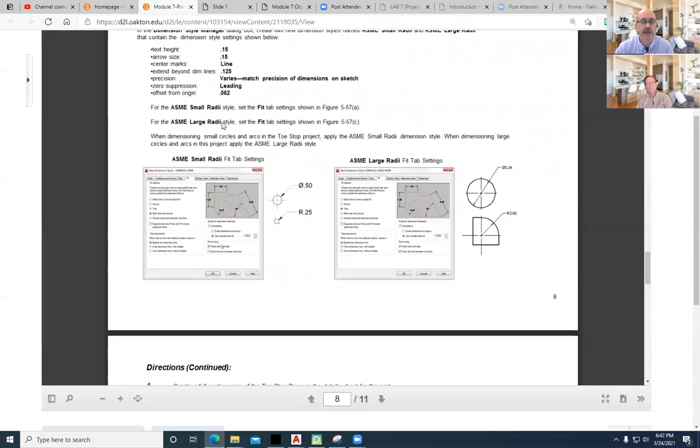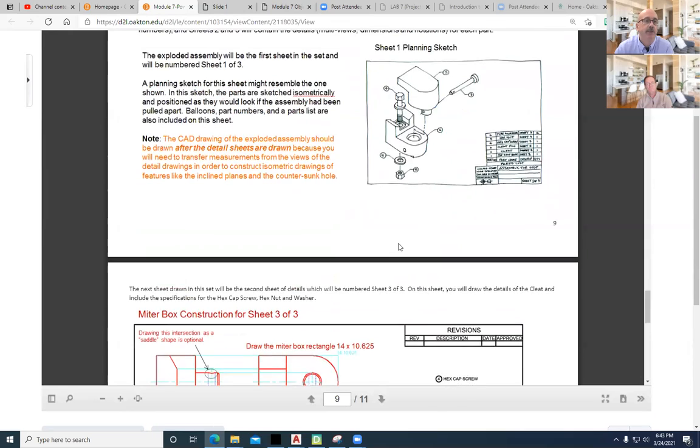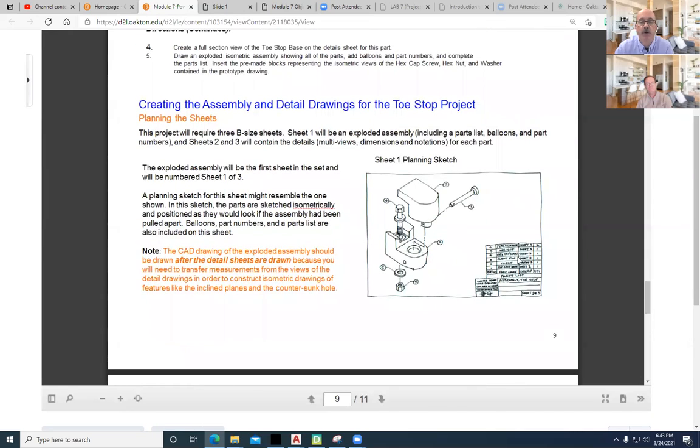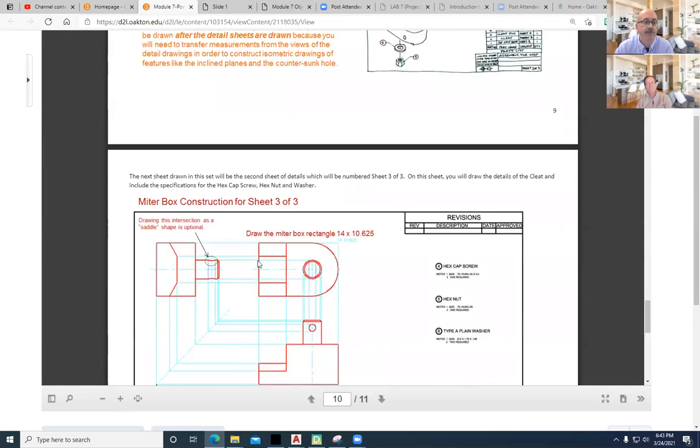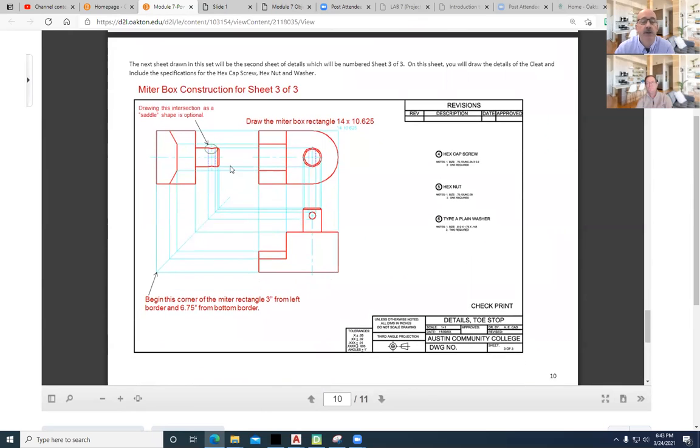And so we use these standardized methods to make the drawings standard. And so we plan things out. You can create a sketch, show how everything goes together. The balloons refer to the part numbers, etc., like we talked about. And then if you want to, this isn't required, but you can create the detailed drawings of the